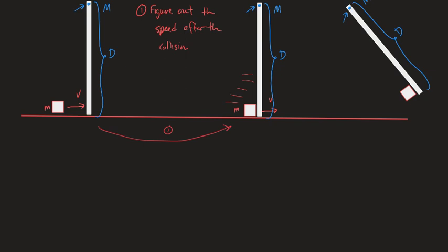Then I see another part, where we're trying to figure out the maximum angle made by the rod. The rod is going to swing in such a way that an angle theta is created here. The maximum angle will be when this system comes to rest, before it swings backwards. We all good? Now, this problem is relatively straightforward compared to the other problem in that it has fewer steps,